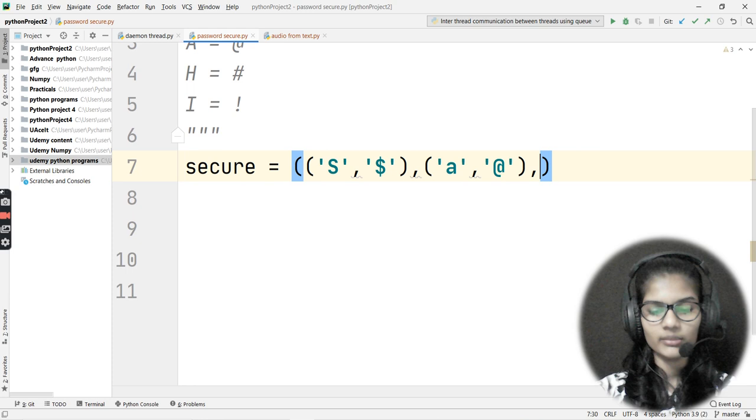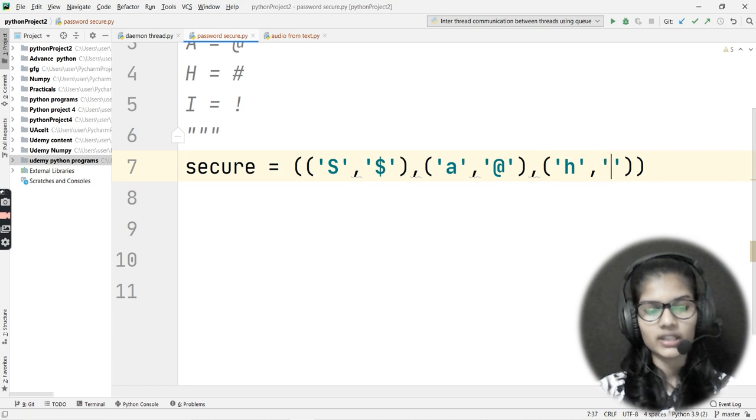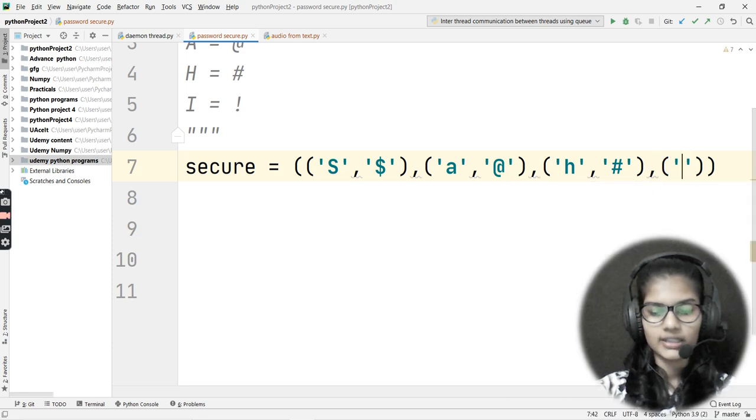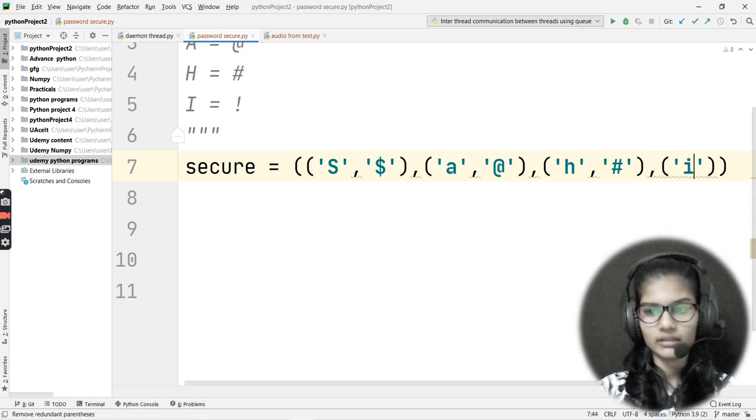Now I'll do the same for other letters as well. Let's say I write H here, put a comma, and replace this H with the hash sign. Then the same for I: inside the brackets I, a comma, and the exclamation mark.